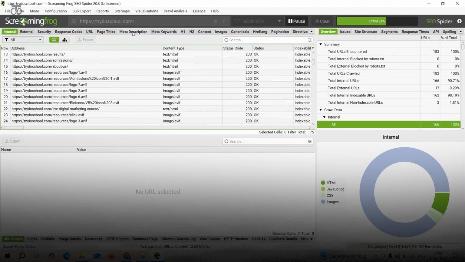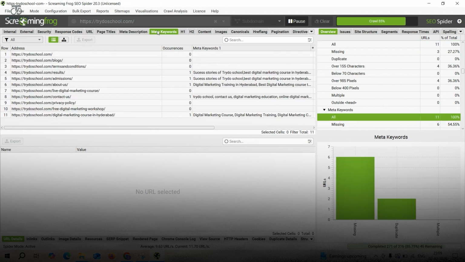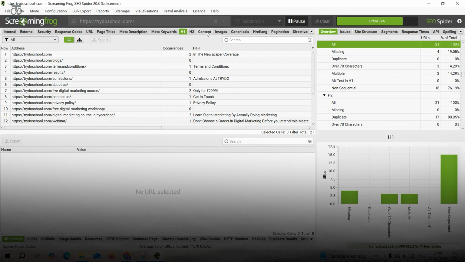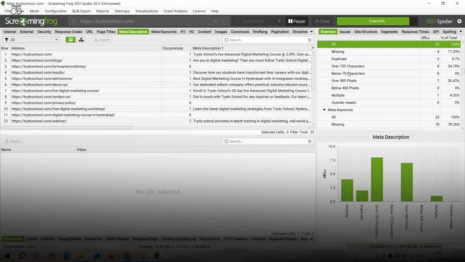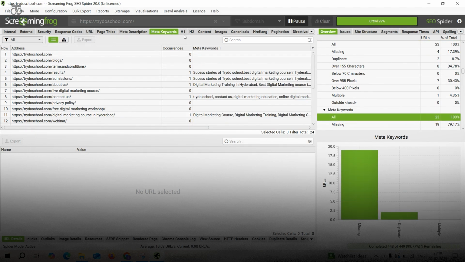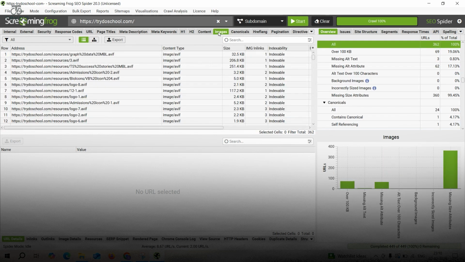right? The feature you want to see is, click on this meta description. Check that all the pages have the meta description and the keywords, and that the H1 tags aren't missing. And please check over here on the right-hand side. For each and every subdivision, you can see which are missing and which are duplicates. Just work on that. Page title and description are mandatory ones. You can easily figure out what things are missing. And in the case of images, correct?